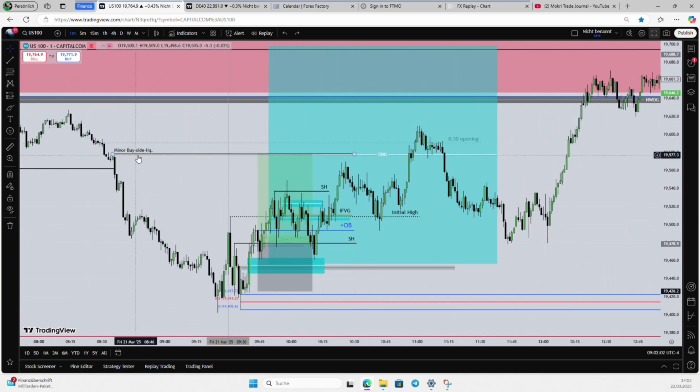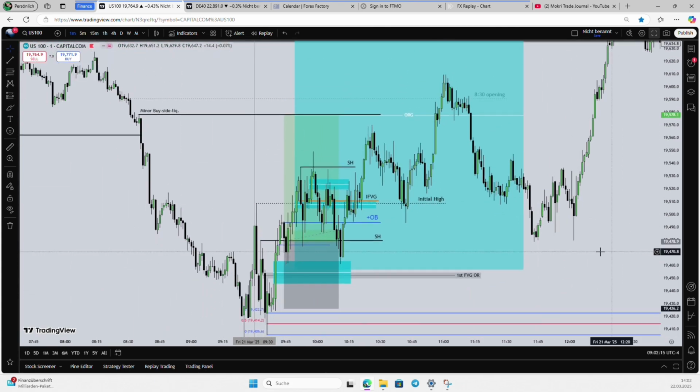Whenever you want to be a buyer, you want to see price below the midnight open. Whenever you want to be a seller, you want to see price above the midnight open, okay? This is the premium and discount theory. And if price